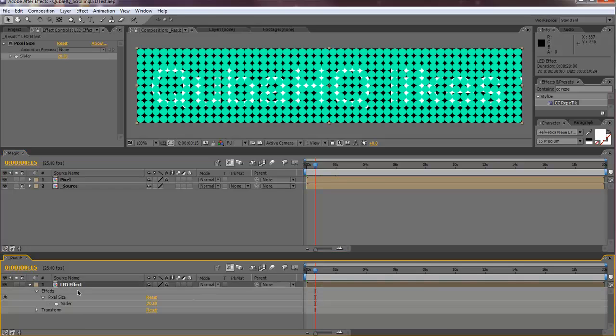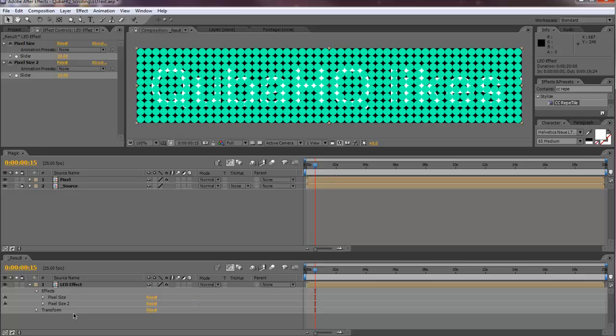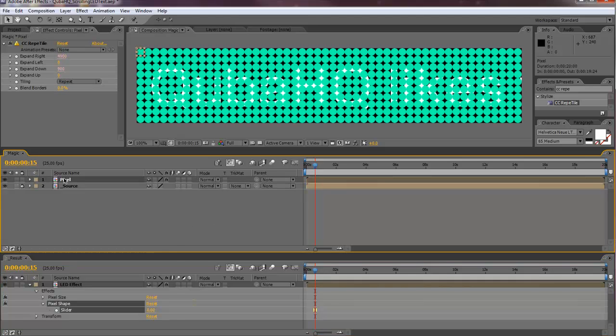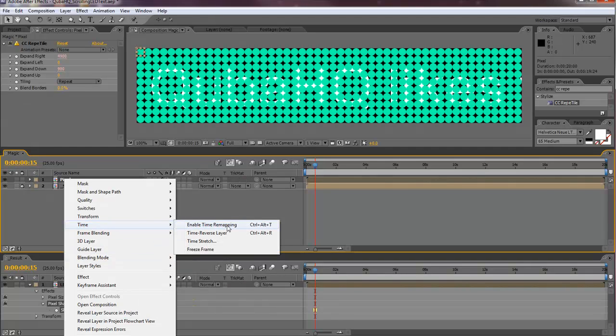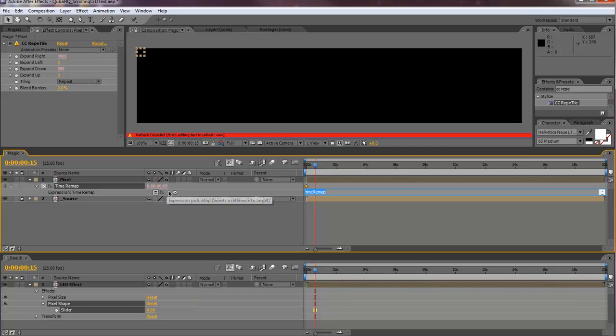So let's, well, we can just copy paste that pixel size, or actually duplicate it. Change the name into pixel shape, and that creates a slider. Let's put it at 0, and for pixel we're going to right click on it, apply time, enable time remapping. We can delete the second keyframe and again apply expression to it, which is basically a link to our pixel